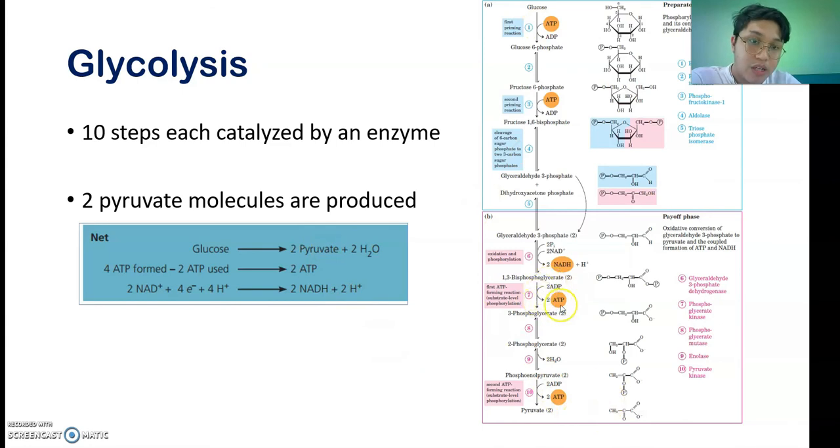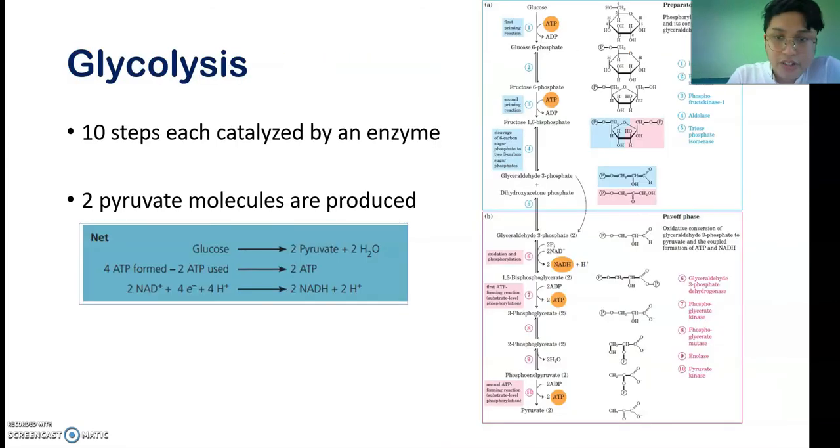At ayun, yung yielding naman ngayon ng ATP mo, ayun, no? ADP, naging ATP. ADP, naging ATP. Dalawa yan kasi naputol yung 6 carbon atoms mo. Okay? So, this is your preparatory phase and payoff phase. At lahat yan ay catalyzed with a special enzyme, unique enzyme. So, ayan, si step 1 ay kay hexokinase and so on and so forth. Si step 10 ay si pyruvate kinase. Okay?